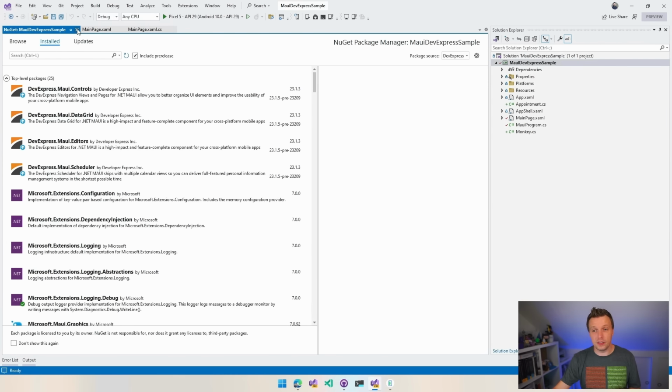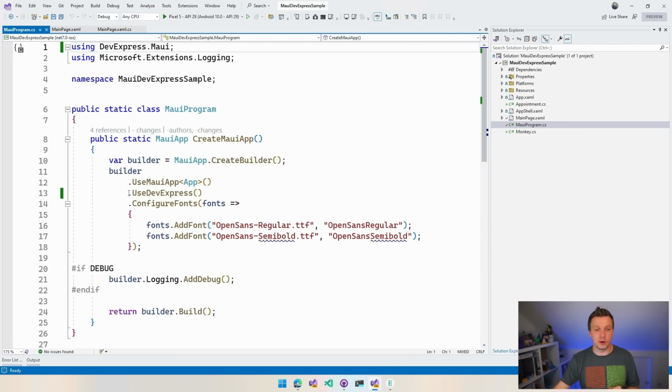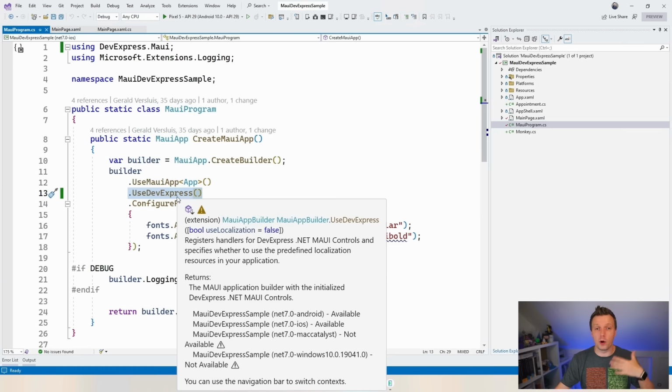Then, whenever you've done that, you want to go to your Maui program.cs and do use DevExpress on your Maui app builder, right? That's a pattern that we see for most third-party libraries, especially if they have visual controls. This is used to wire up the renderers for all the controls. Also, a very important thing that you see here, while this tooltip is coming up, it's